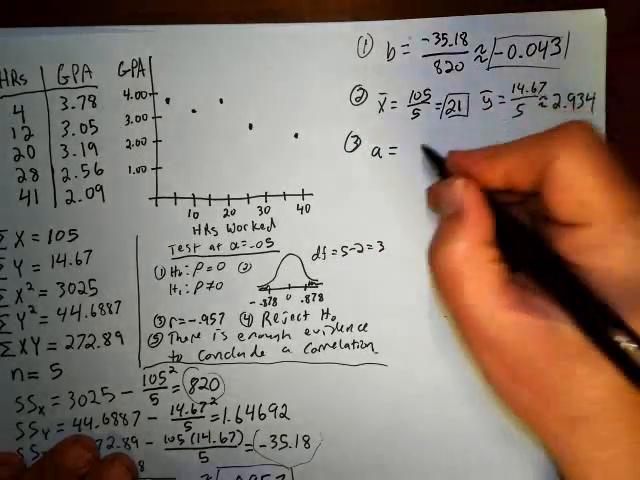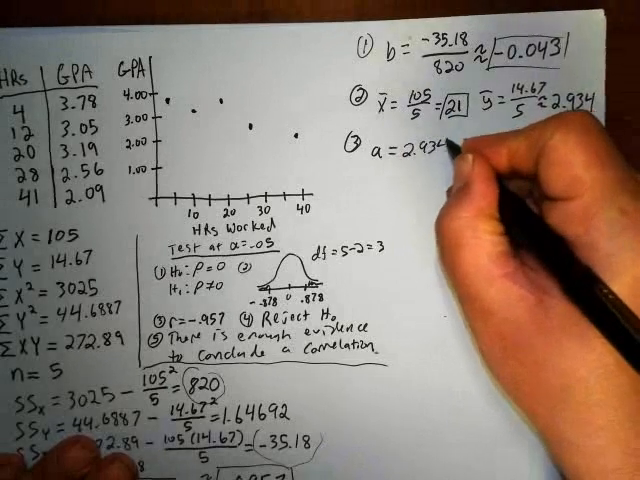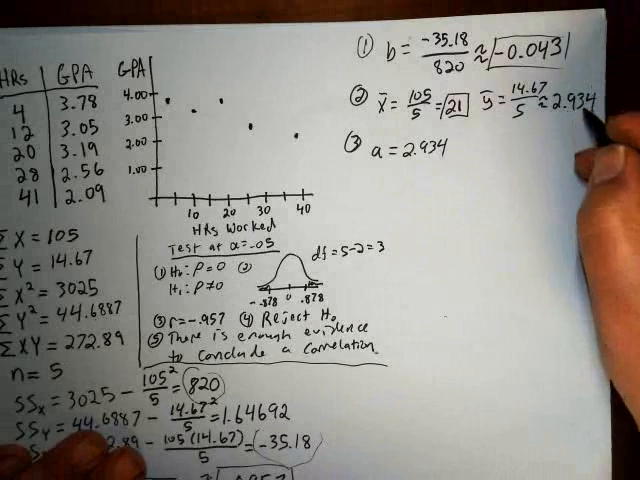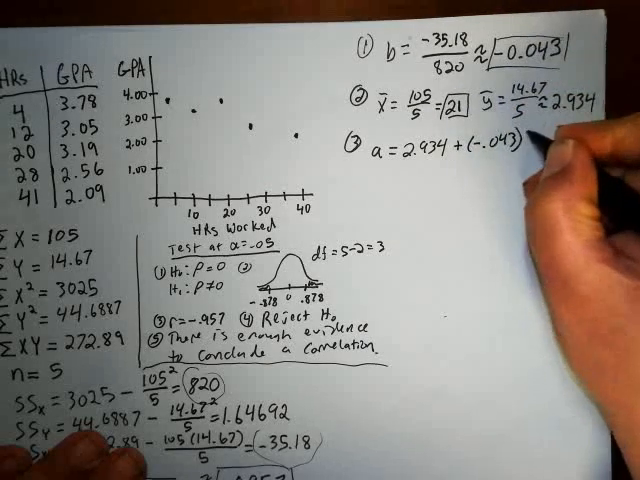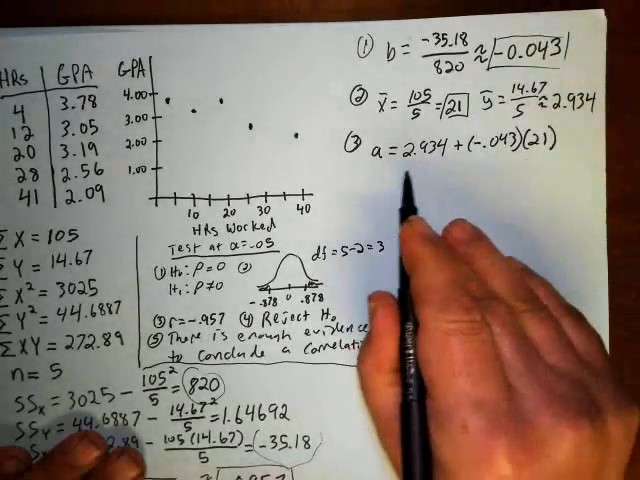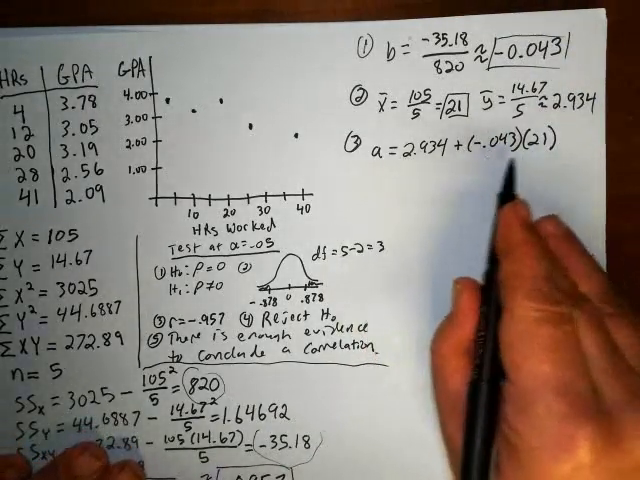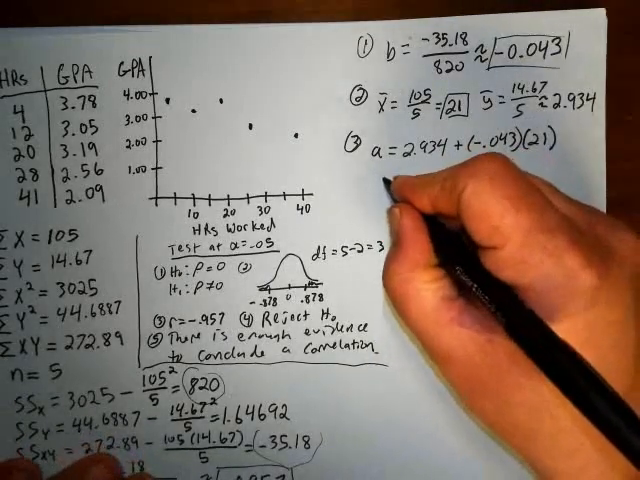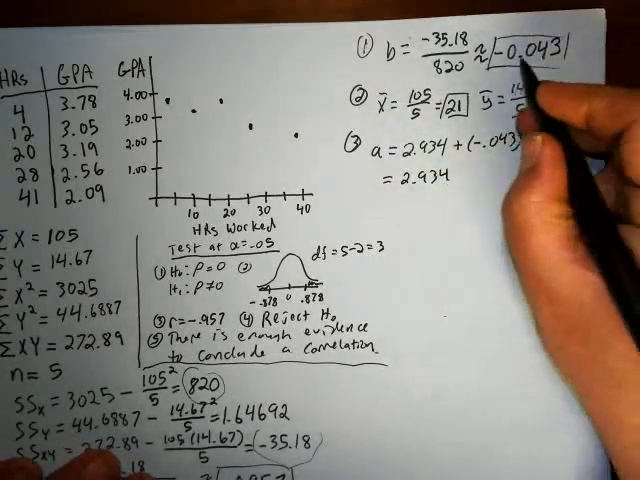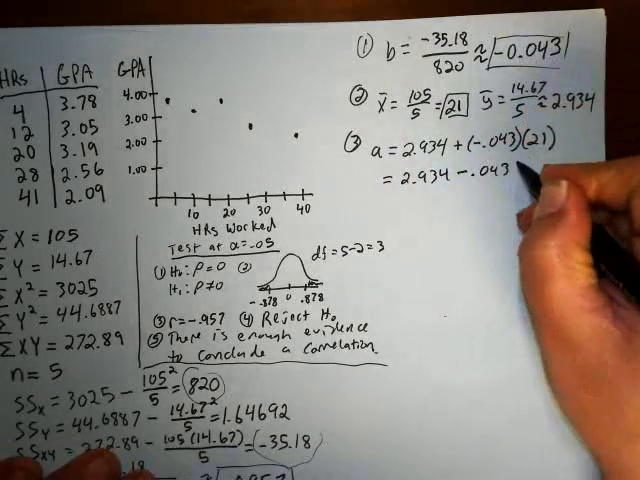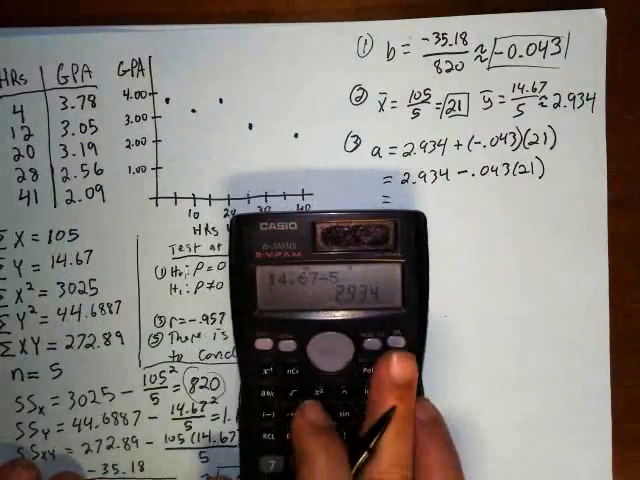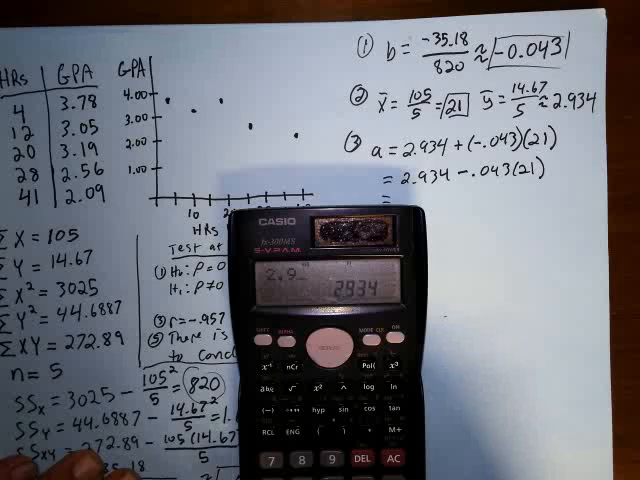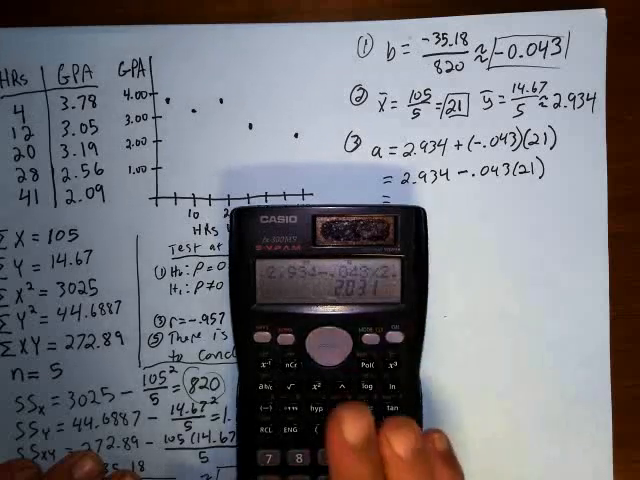A is going to be the Y bar, so 2.934. Okay. This will be plus, and this is a negative 0.043 times X, which is 21. And you can put this in your calculator just like that, or when you multiply these two together, it'll be negative. And so you could rewrite this, or you could have written it like this to begin with if you know the slope is negative 0.043 times 21. So either way, you get the same thing. So 2.934 minus 0.043 times 21, and I get